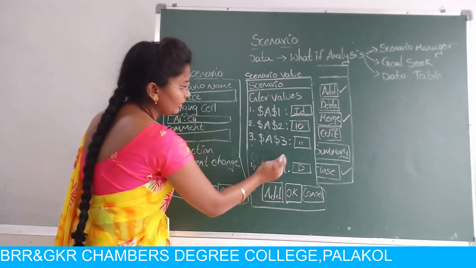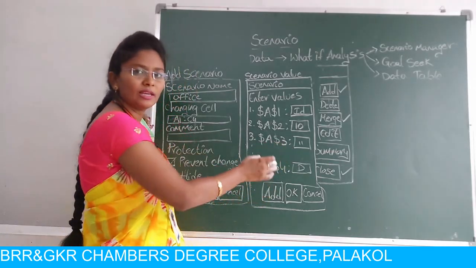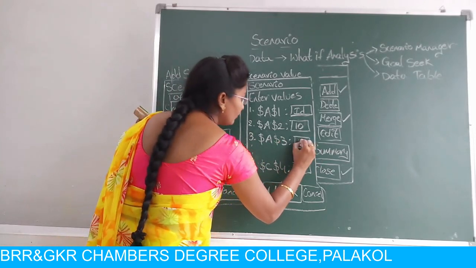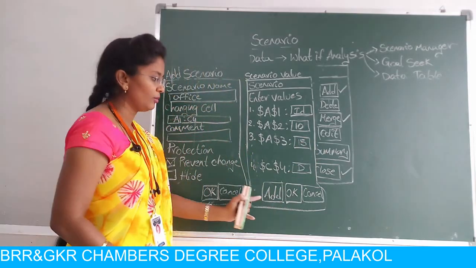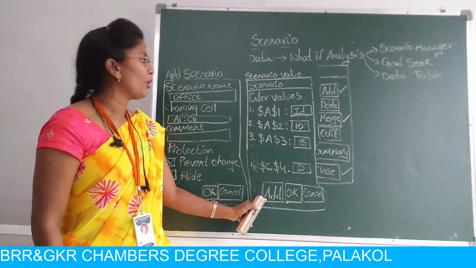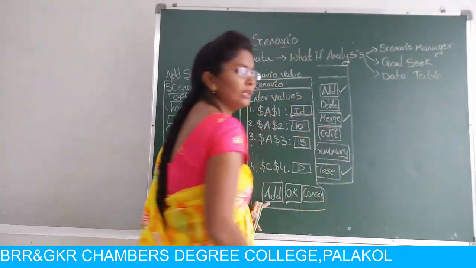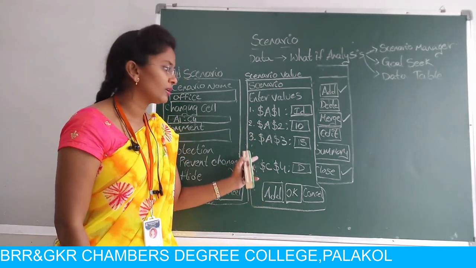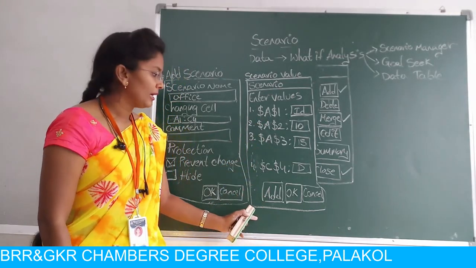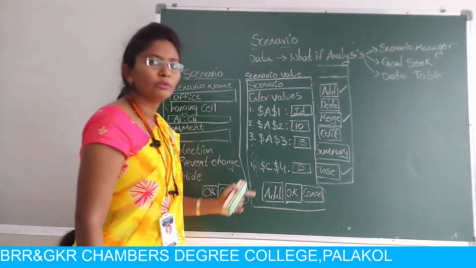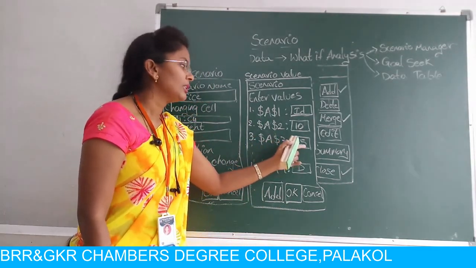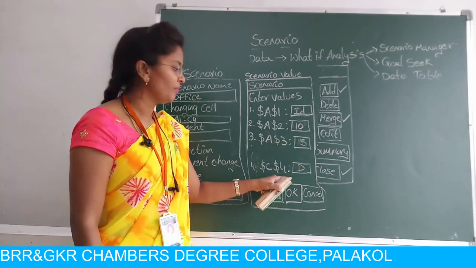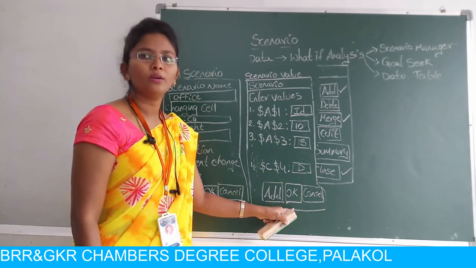If you want to change the A3 cell, click on this cell and type 15 here, and then click on the Add button. If you click on the Add button, it is automatically displayed in the Excel sheet. If you don't want to change any of these cell references or values in this dialog box, click on OK. If you want to change, change the cell and click on the Add button. Then it will be changed to the new entry. Or if you don't want to change, click on the OK button.